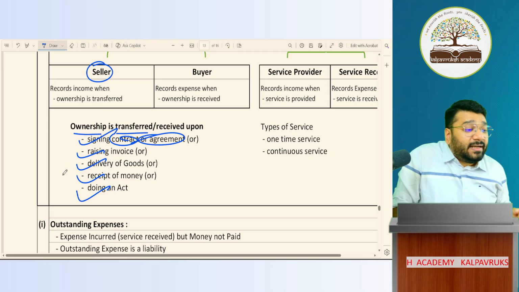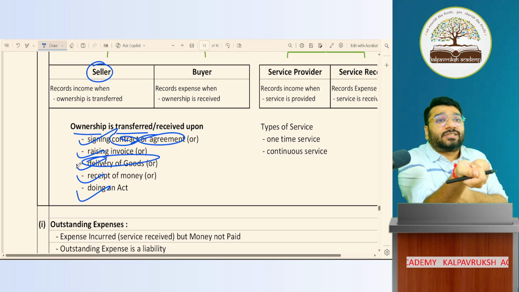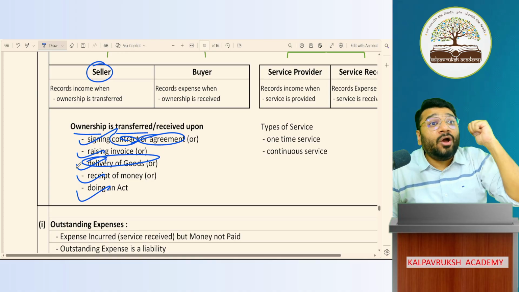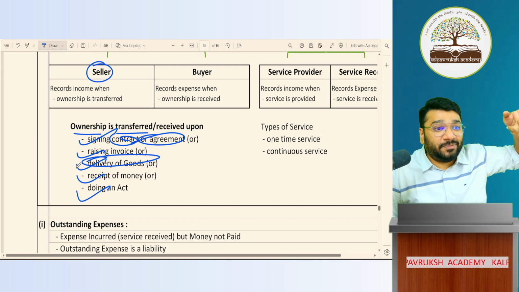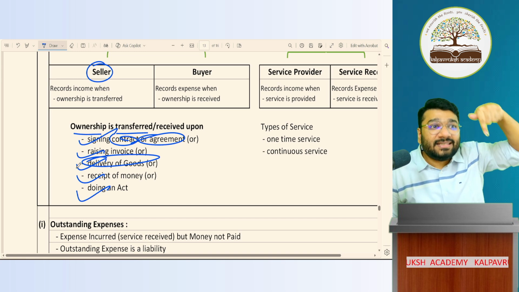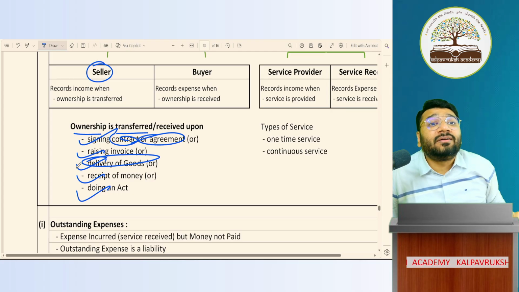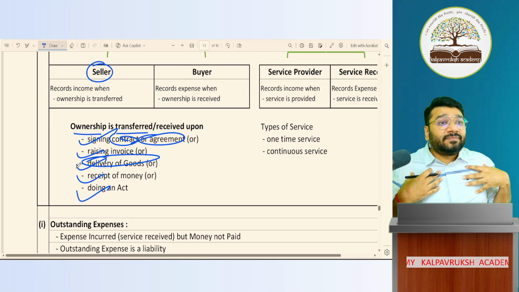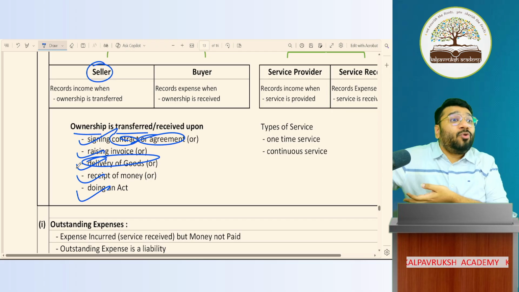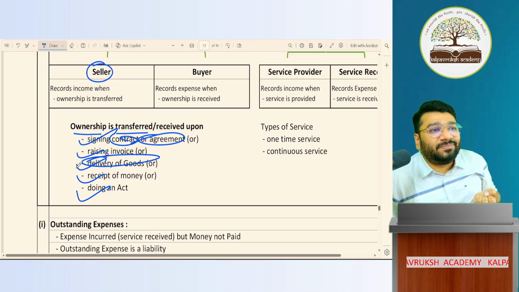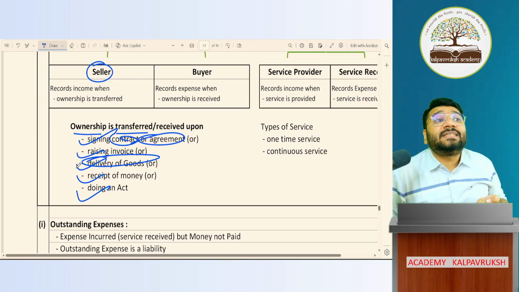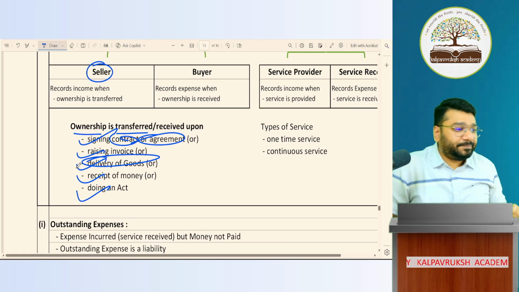In some businesses, they will say that only upon delivering the goods is the ownership transferred. So you have to see which method of transfer of ownership your client is following. That is the day when the seller will record the sale. When the buyer should record the purchase, as per his policy, is the date on which he is accepting the ownership. That will be the date of the purchase entry. Got it, not got it? Clear or not clear?